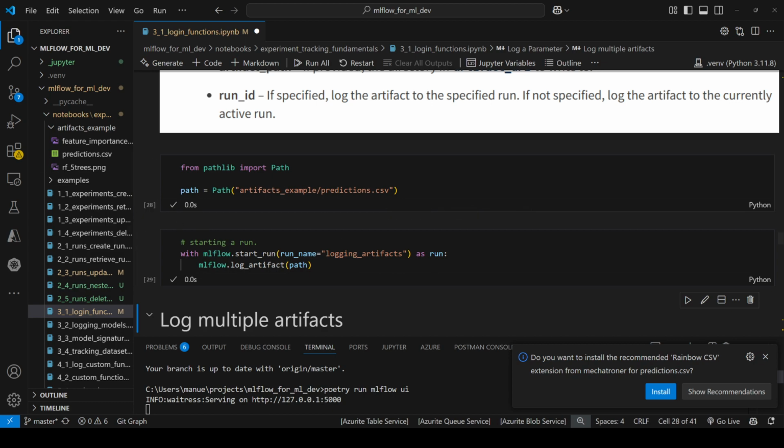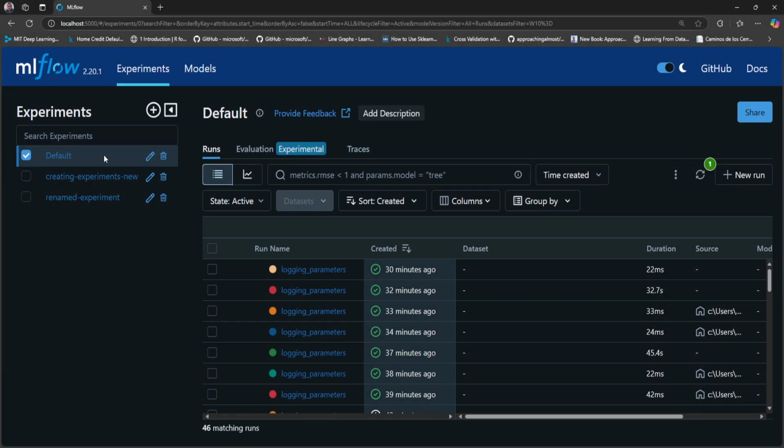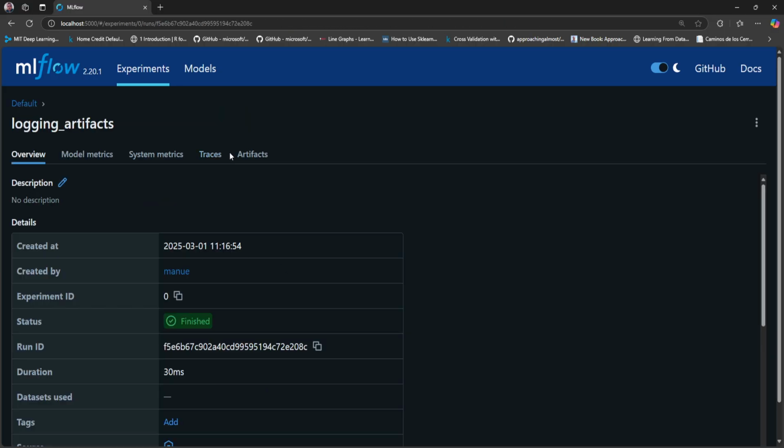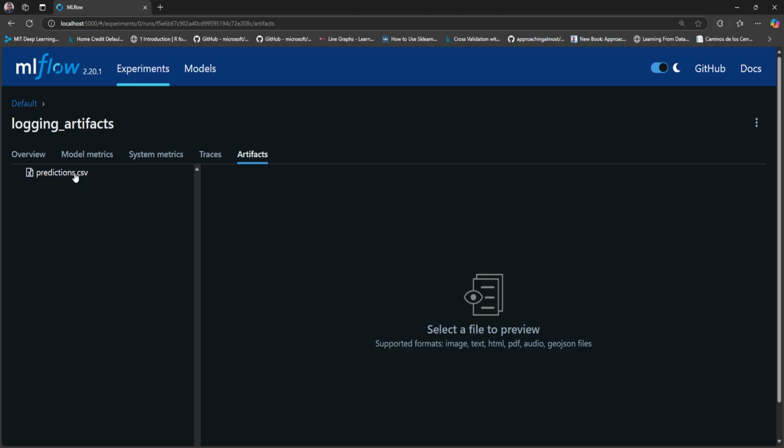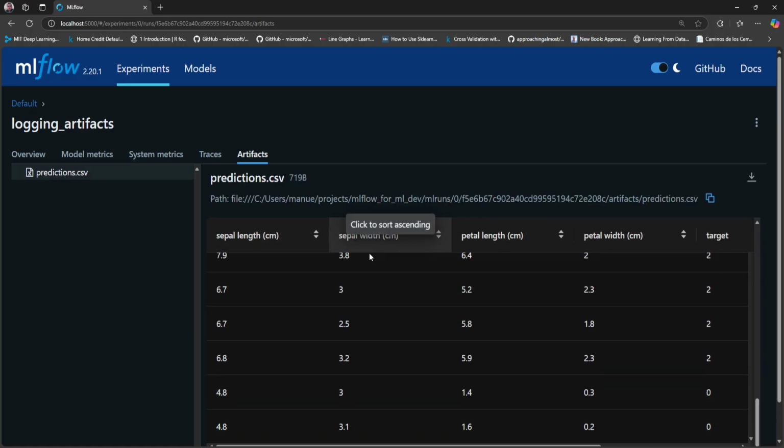And now let me show you this in the interface. Here, under the file, right, we can see this new run, logging artifacts. Now, if I go to the tab artifacts, I can see the file predictions.csv in a tabular format. Now, this is the location of the file, the actual location of the file. As you can see here, this is pointing to my folder mlruns under the mlflow for mldev repository, right? And under the experiment ID, which is 0 or the default, we have the run ID and then artifacts. So let me go back to the notebook